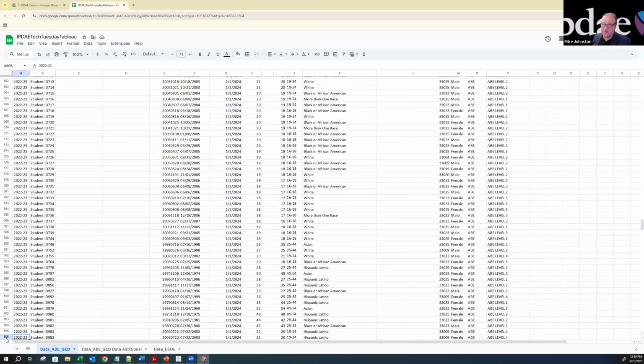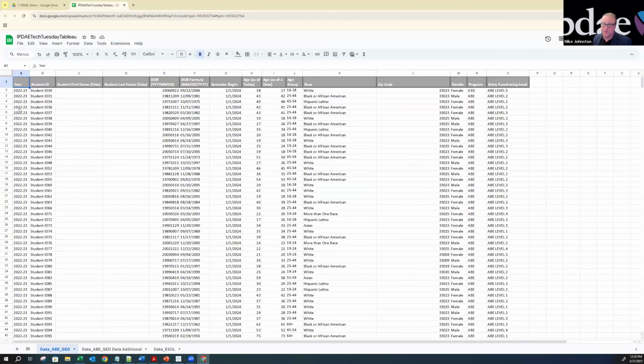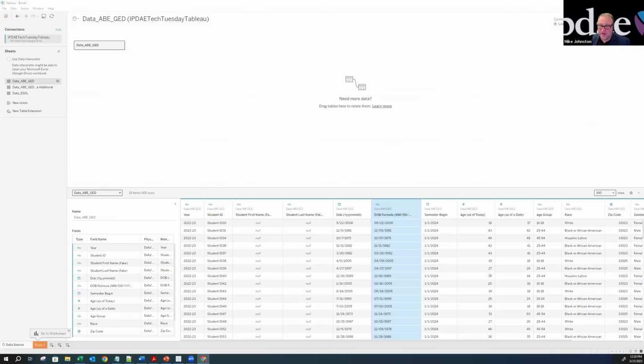My 606, it shows 606 lines down here. But remember, colleagues, that the first row line that I have is my header fields, so that doesn't actually count as a row of data. Tableau says, hey, I recognize this is a real row, but it's not really a row of data. So they're only calculating the actual row lines of students. So that's the reason why it found these 605 row lines.